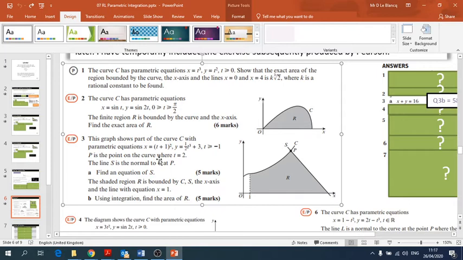This graph shows part of the curve C with parametric equations x equals (t plus 1) all squared and y equals a half t cubed plus 3. We're told t is greater than or equal to negative 1, and P is a point on the curve where t is equal to 2, and the line S is the normal to the curve C at P. Part A is to find an equation of S. So if we have a look at my solutions for that,